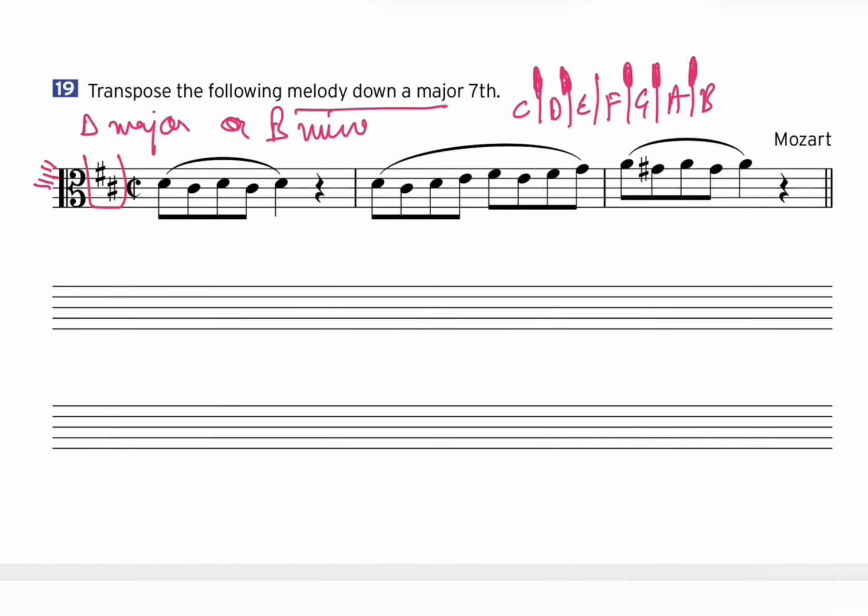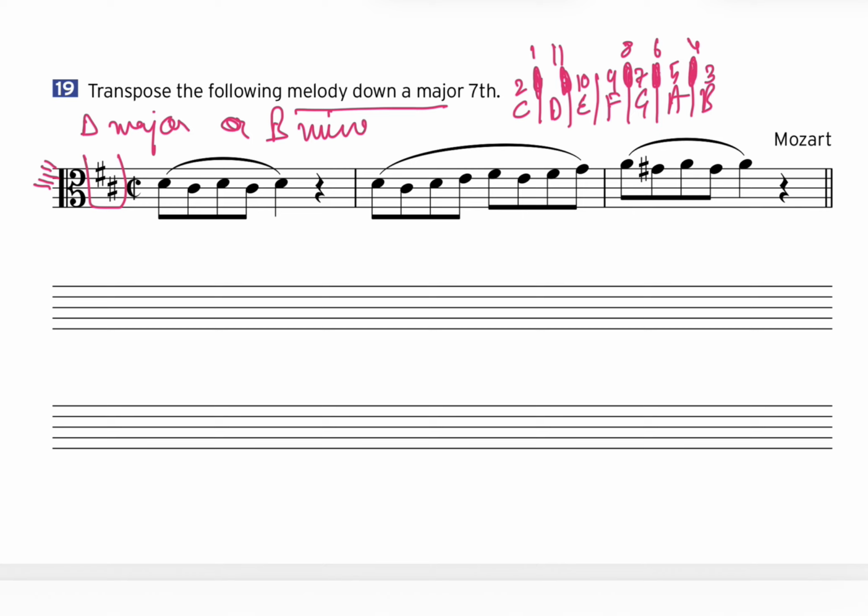Now we have to go from D major back down 11 semitones. So we are here at D. This is 1, 2, 3, 4, 5, 6, 7, 8, 9, 10 and 11, and we reach E